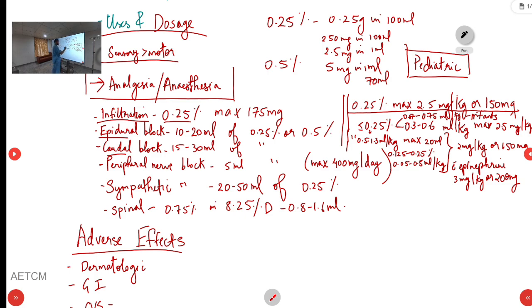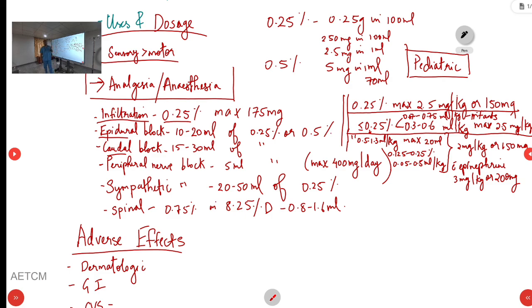And coming to the caudal, this one is the epidural pediatric dosage for epidural block. For caudal blocks, we give 15 to 30 ml of 0.25 or 0.5 percentage, and in the pediatric dose it will come around 0.5 to 1.3 ml per kg, and the max we can give is 20 ml. And if you take it on the basis of mg per kg,